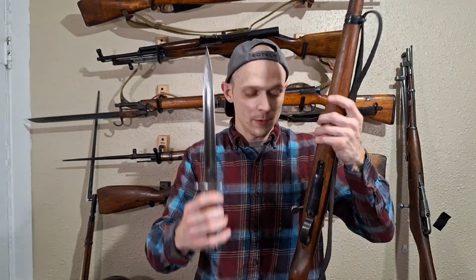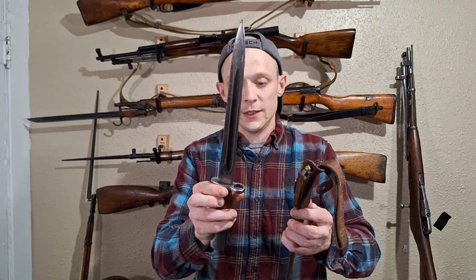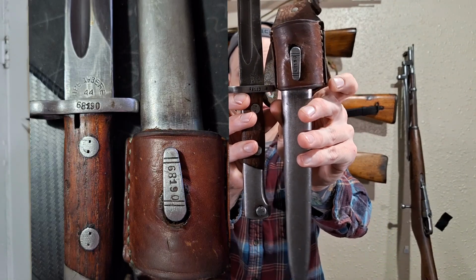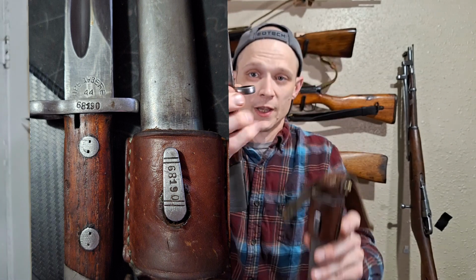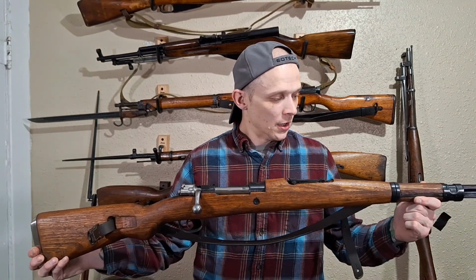The serial numbers on the bayonet do not match the rifles because they weren't matched to the rifles, but this is more than likely the original bayonet that was originally issued with this rifle. The bayonet itself has matching serial numbers on the frog and the bayonet, and the bayonet is as well stamped along with the rifle and the stock. Much like Russian guns, these guns have a lot of proof marks and stamping, but for now,